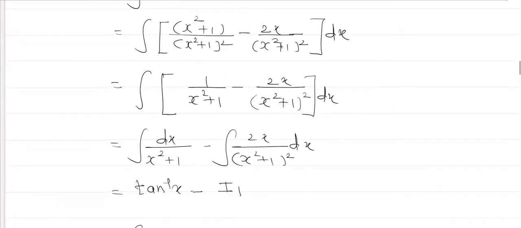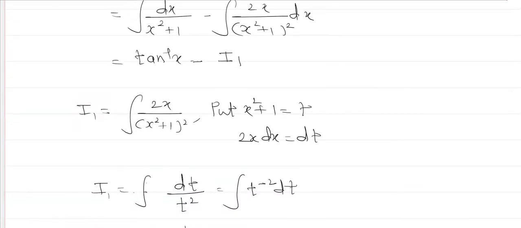मग पुढे याचं इंटिग्रल किती येणार, what is the derivative of tan inverse of x? The derivative of tan inverse of x is 1 upon 1 plus x square. म्हणजेच 1 upon x square plus 1 चा इंटिग्रल किती येणार, tan inverse of x. And what is here the integral, 2x upon (x square plus 1) bracket square into dx. इथे 2x आलाय, मग हे आपण सेपरेट इंटिग्रल फाइंड आउट करणार. ऑलरेडी इथे काय आहे बघा, x square plus 1 हा जर t मानला तर त्याचा डेरिव्हेटिव्ह लगेच वर आहे, which is 2x. Now see this how it is solved.